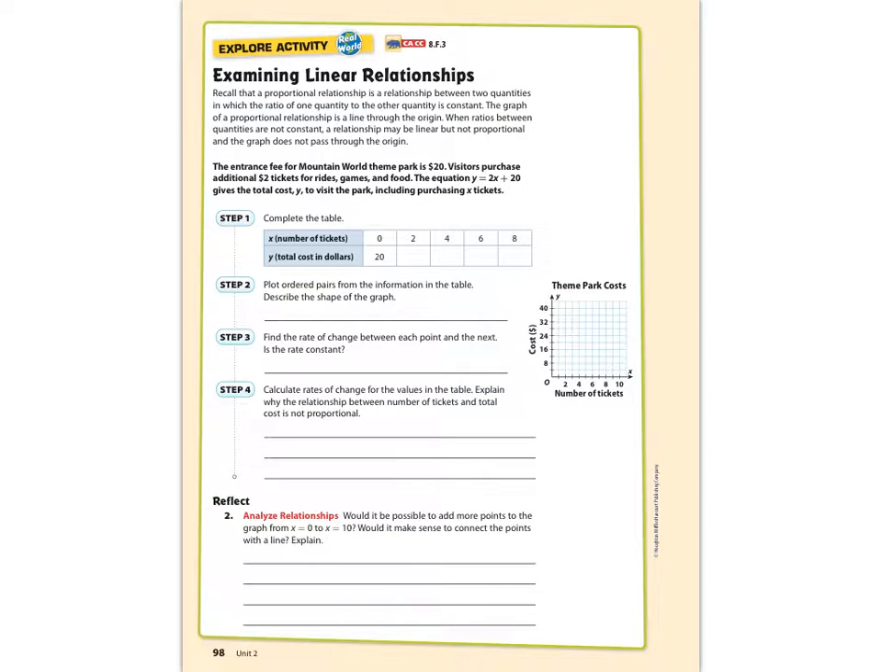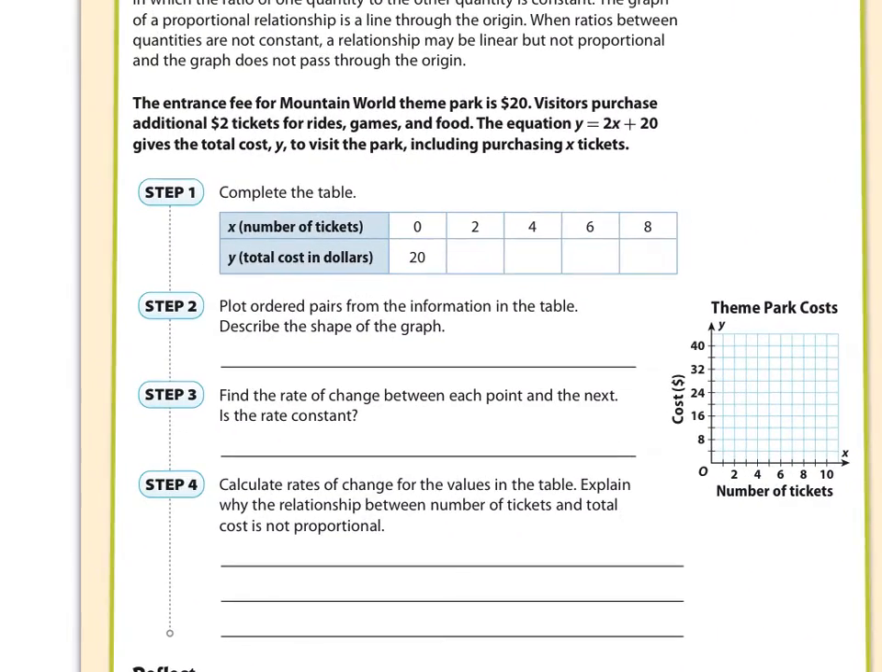Okay, on the next page, let's take a look at this Explore. The entrance fee for Mountain World theme park is $20. Visitors purchase additional $2 tickets for rides, games, and food. So the equation y equals 2x plus 20, I'll box that, gives a total cost, y, to visit the park,